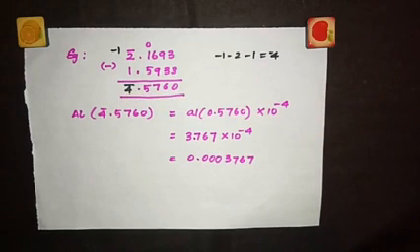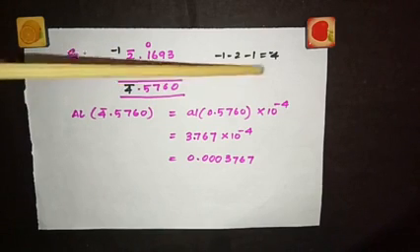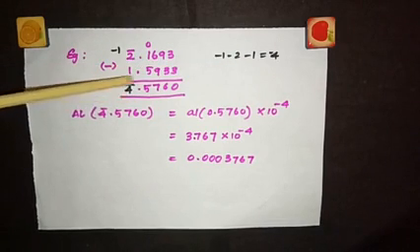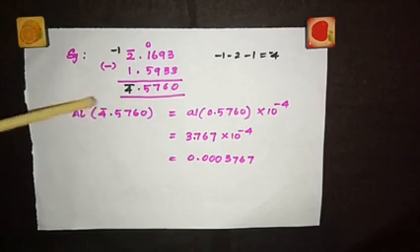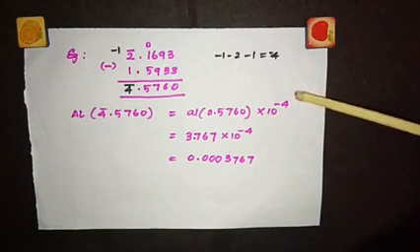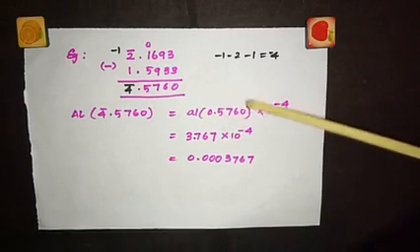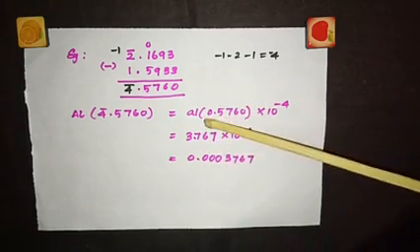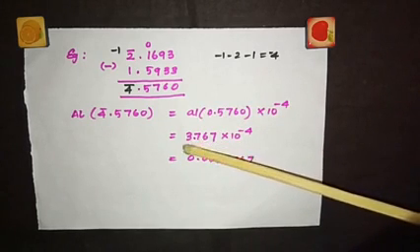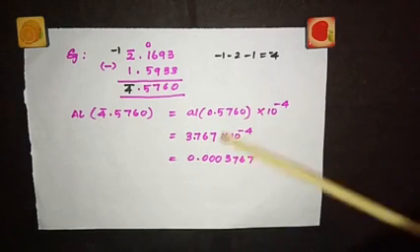So treat that bar as negative. So minus 1, minus 2, minus 1. So you are getting minus 4. So now this is your log value. Suppose you want to take anti-log for this, anti-log of 4 bar 0.5760. I told you this part, put it in powers of 10. So 10 power minus 4 and write here as 0 point 5760. You are going to take anti-log for this alone, 5760. You will get a value of 3767. If it is 0 here, place the decimal after 1 digit. So your answer is 3.767 into 10 to the power minus 4. If you multiply this by minus 4,